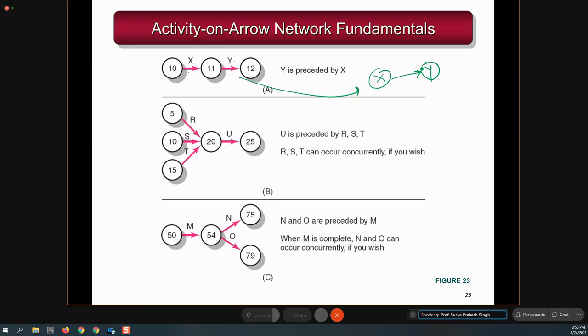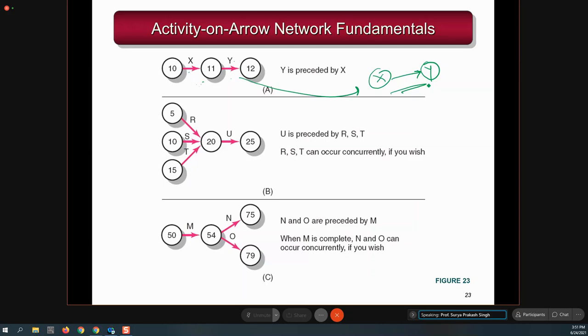एक थोड़ा अंतर ये भी है. If you see the slight difference in these two examples, here I require two arrows. I require one more node. However, this is a more compact form. It does not require one more arrow or one extra node. So once we draw the same project network using the activity on arrow approach, you will slightly see that more arrows and nodes are required to graphically represent the same information.